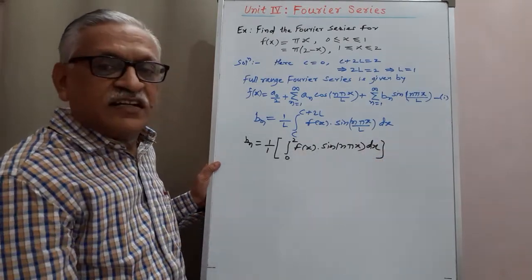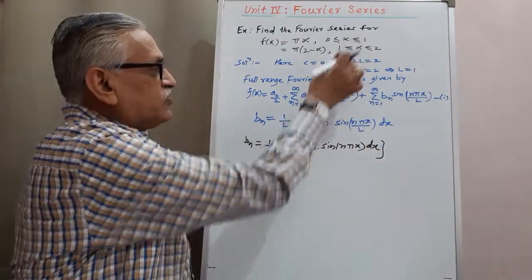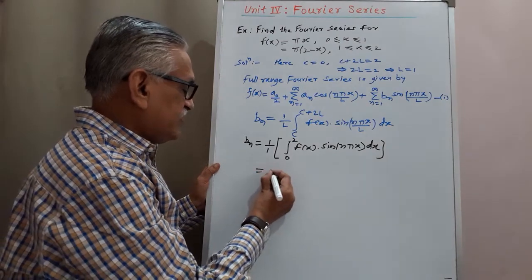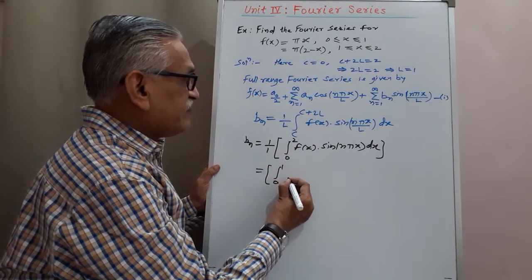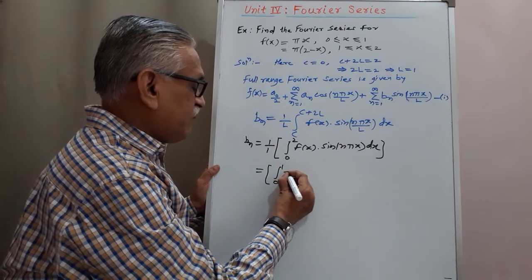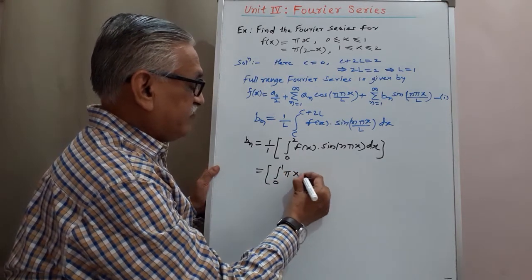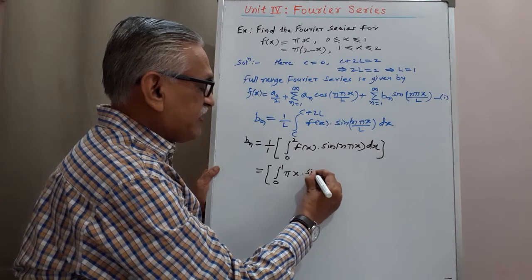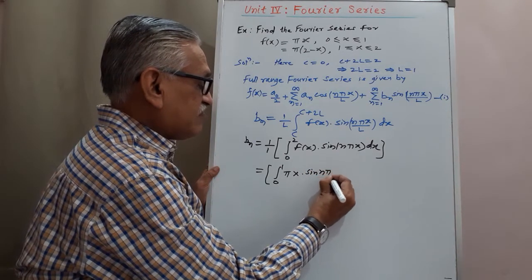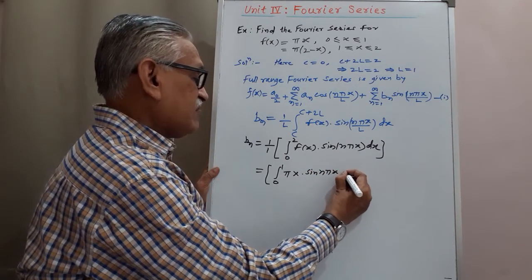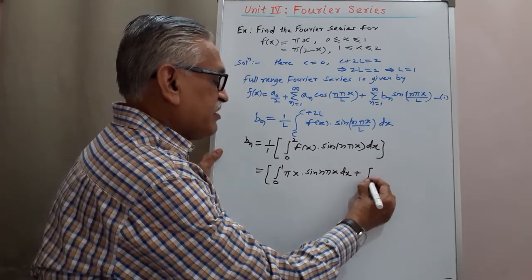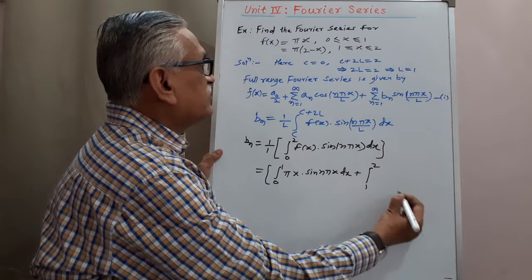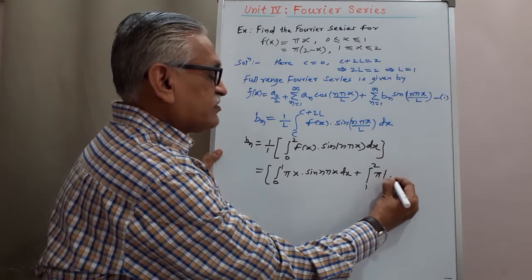Splitting this integral as 0 to 1 and 1 to 2 as per the given function, integration from 0 to 1, the function value is pi into x multiplied by sine of n pi x dx, plus integration from 1 to 2, the second value is pi into 2 minus x